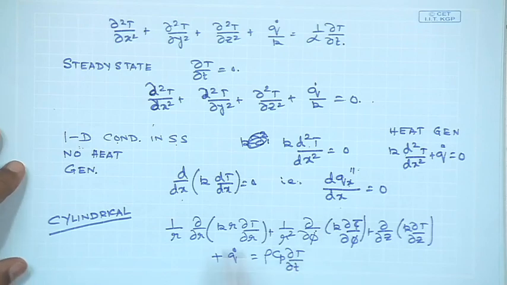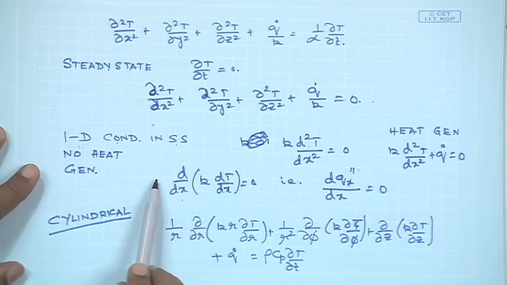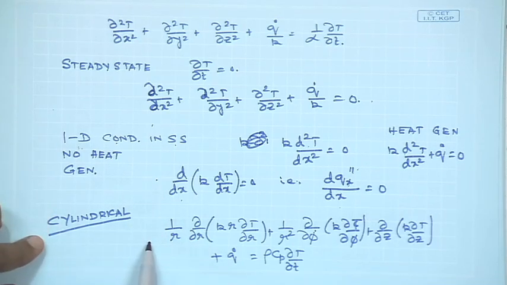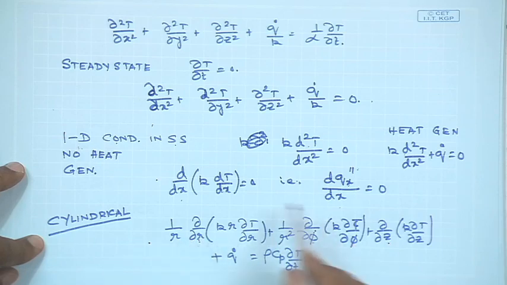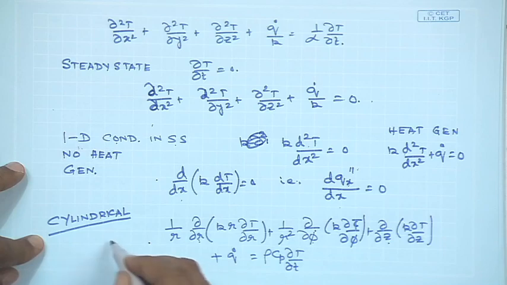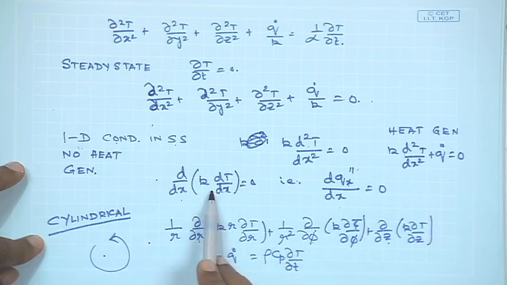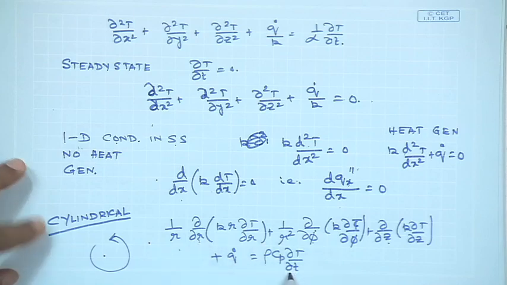There is no new concept involved in this cylindrical coordinate expression. It is only that when you transform from Cartesian coordinate system to cylindrical coordinate system, you express everything in terms of r, phi and z, where r is the radial distance, phi is this direction, and z is the axial direction. So, when you transform the coordinate, the form of the equation gets slightly more complicated, but fundamentally it still remains